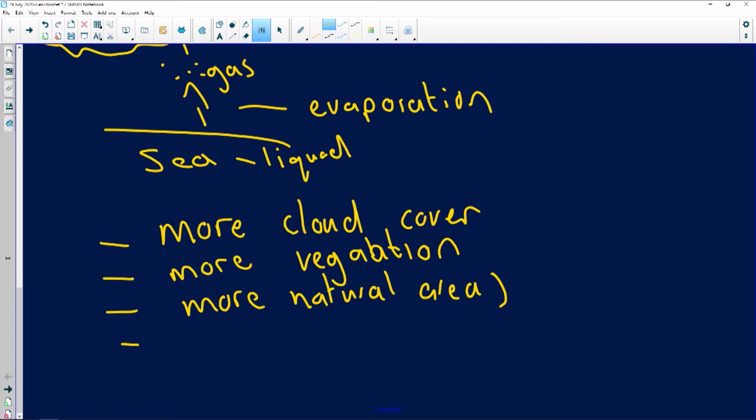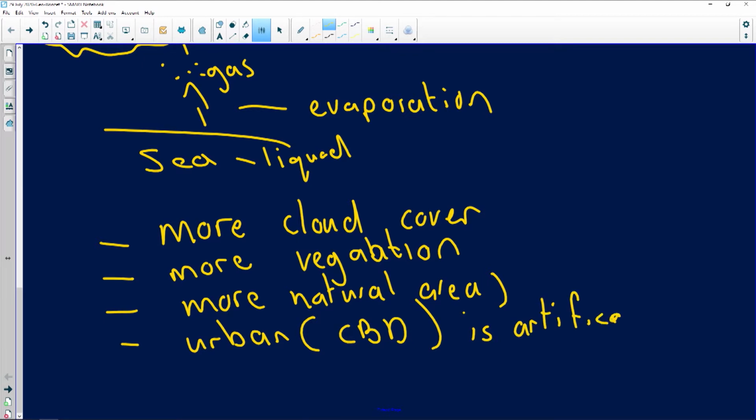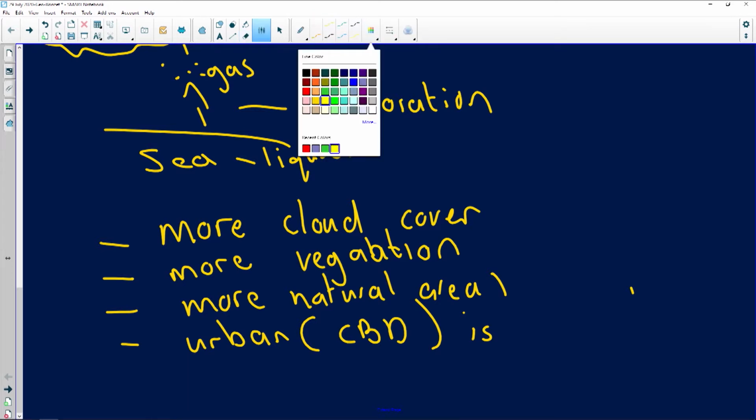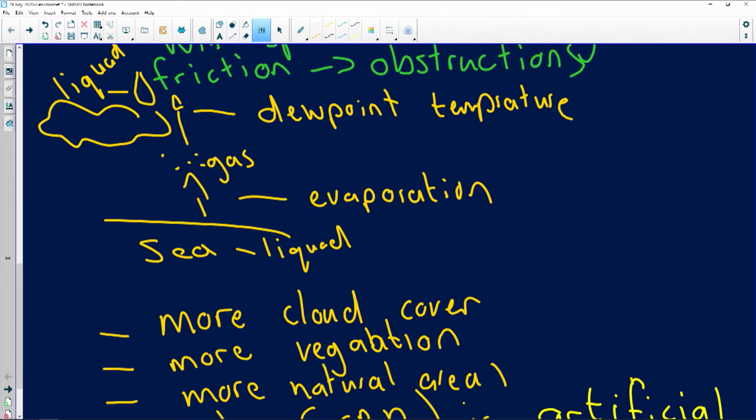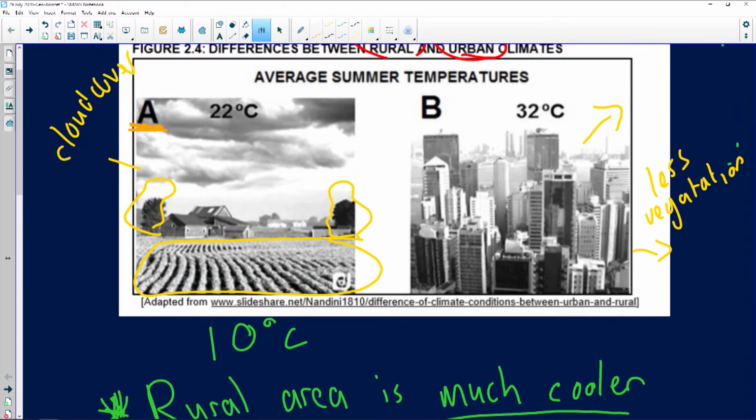And I'm just going to add over here, urban areas, in brackets, the CBD, because we refer to the photograph as artificial. Apologies, just want to get the correct spelling over here. So we assume by just looking at the photograph, you can see there's more vegetation cover and obviously more